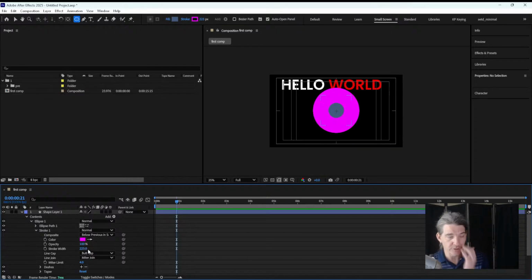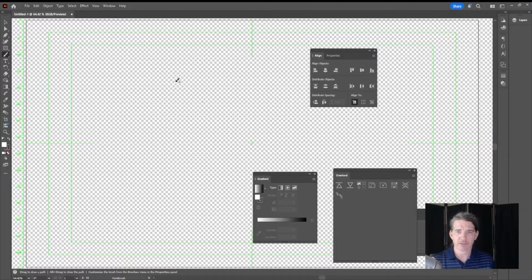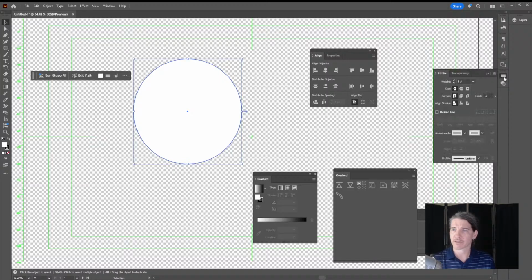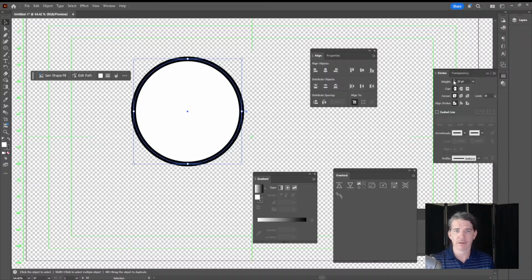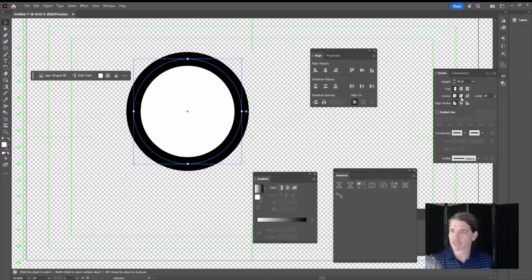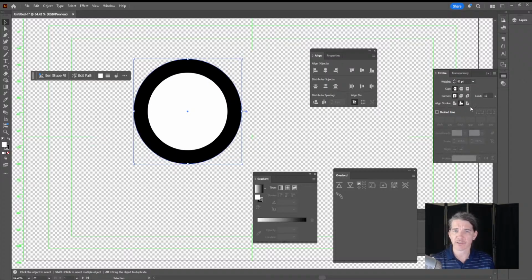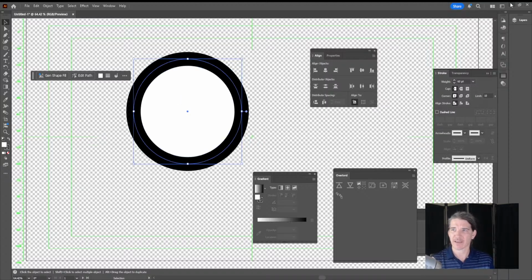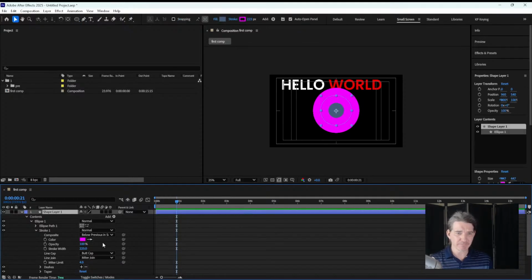And there's some things that do not exist in here that they do have. There's some things in here that do not align exactly with Illustrator. So in Illustrator, if you were to make an ellipse and look at the stroke here, you have these options for where to align the stroke, whether it's going to go on the inside, on the outside, or along the center, and that does not translate. So